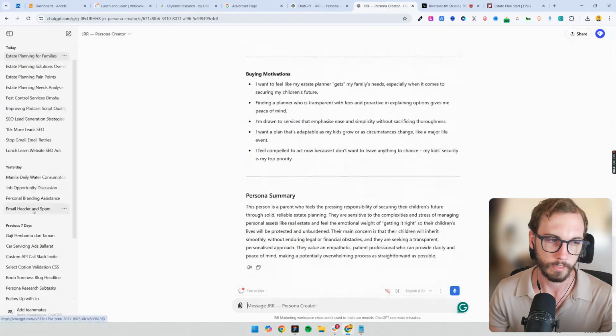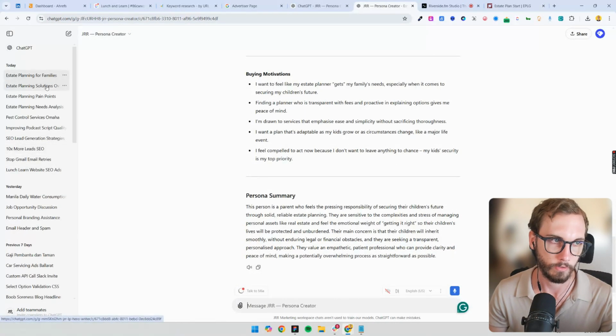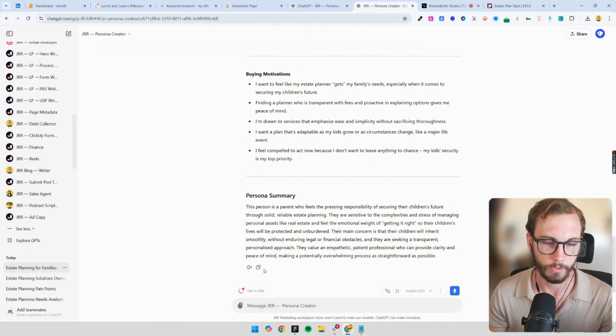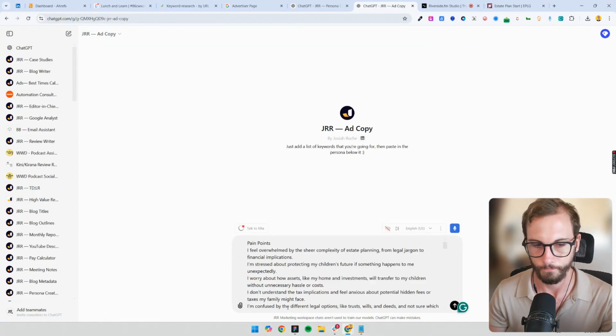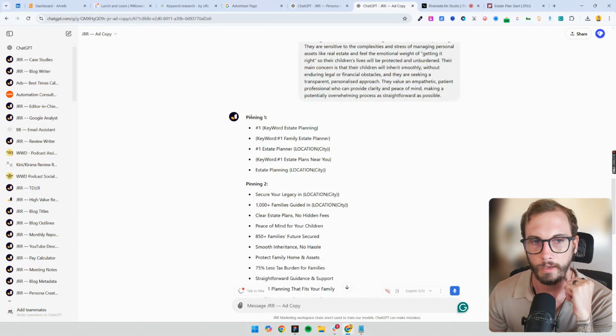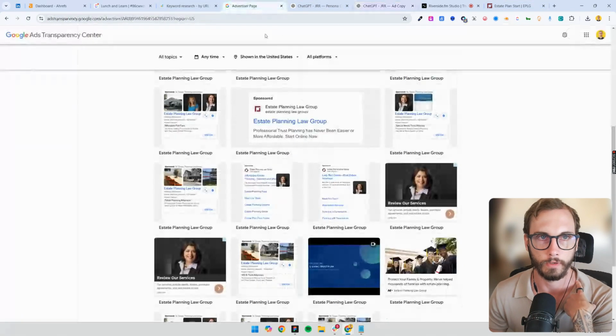Let's take this and duplicate our GPT over here, and take this into an ad writer that I've got. Let's improve these ads. And so let me go up. It's going to load my GPTs in a sec. Okay, so I'm going to go into here, paste this in. Let's take a look at these. So it's suggesting some ads that we can replace the existing ads with back over on this page.